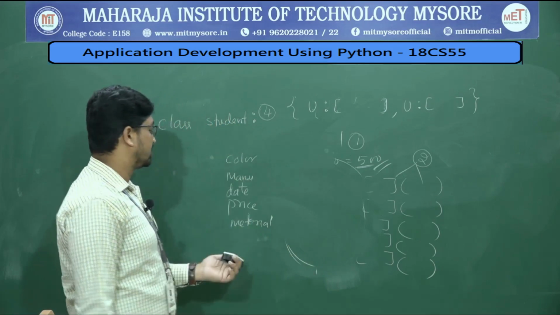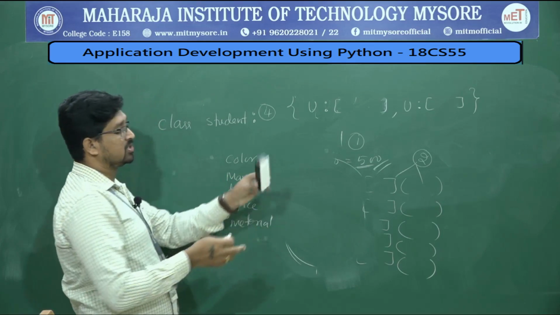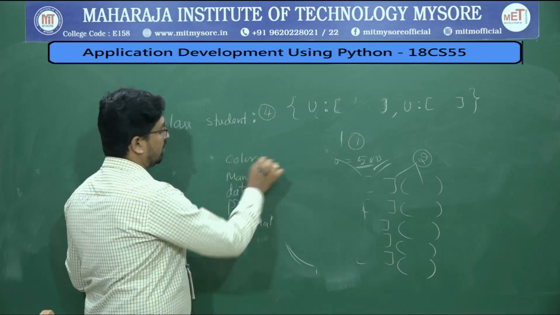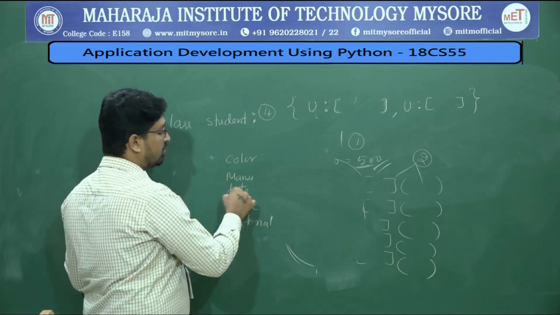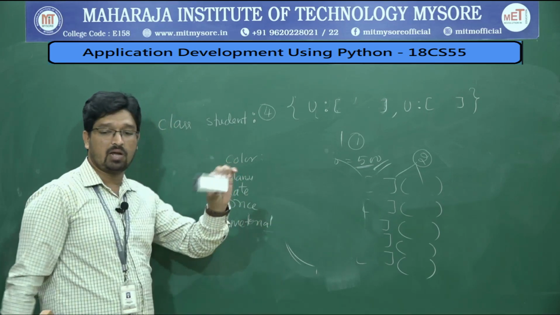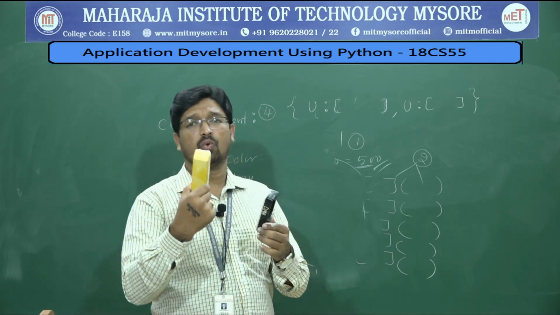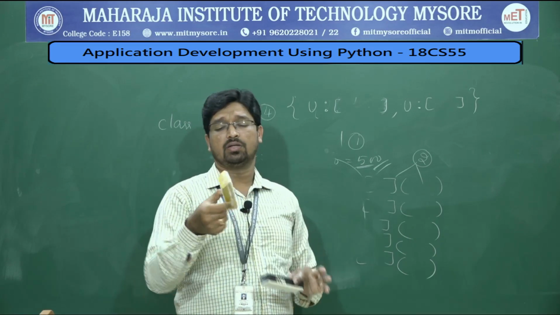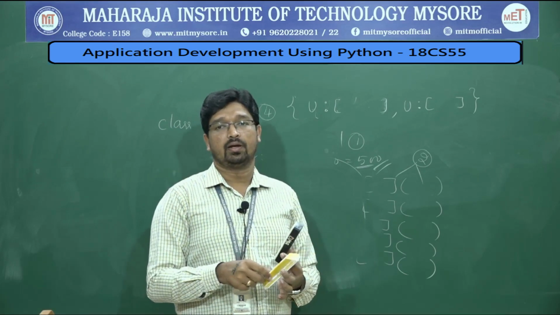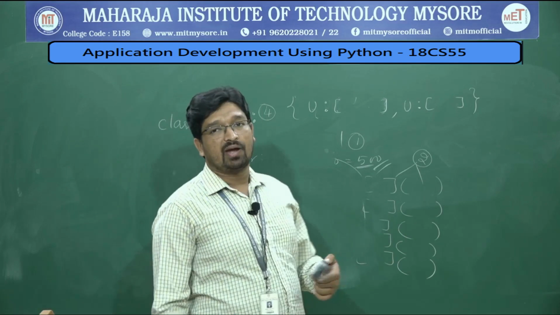In the same way, I can consider a duster's information. What is the color of the duster? This is made up of black color, and white also I can consider. You can store different data here. Who is the manufacturer? What is the date of manufacture? What is the price of it? What is the material type? It is a fiber type, or else you can consider one more: a wooden duster, right? Even this duster has some manufacturer or manufacturing date if I have some label on it. Like this, you can write so many features of any object.